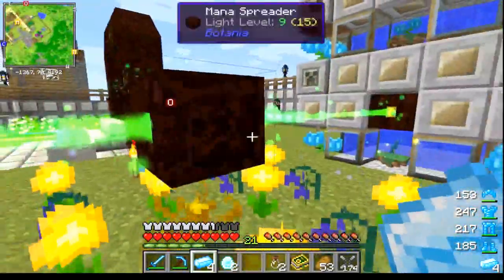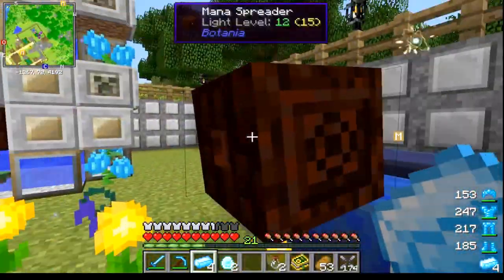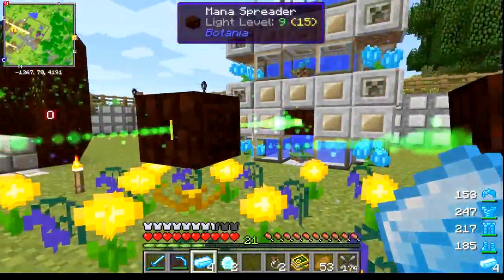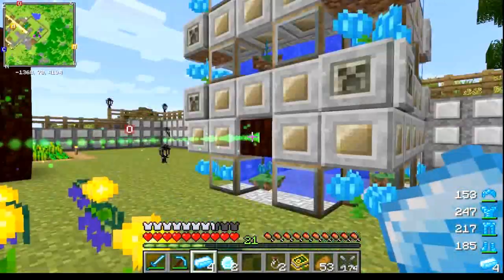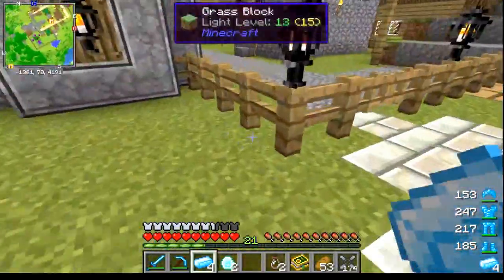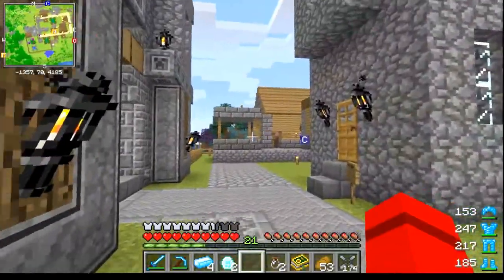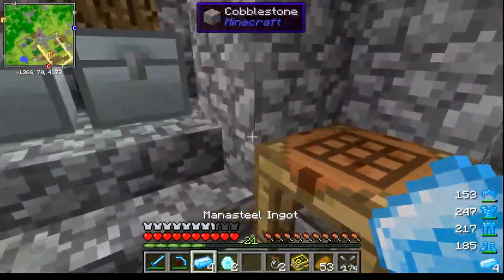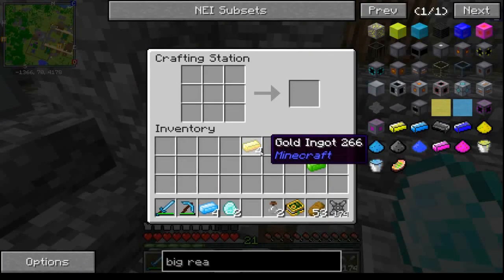These were completely full as it was. This one's not going to be as active. It's mostly collecting from these flowers. But oh boy, this will go non-stop if it gets the chance. It is never-ending mana right there. Really nice. Alright, so now that we have our 4 mana steel, our 2 mana diamonds, and our 4 gold,